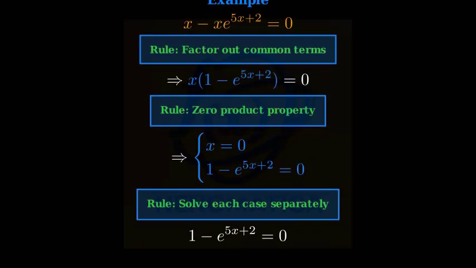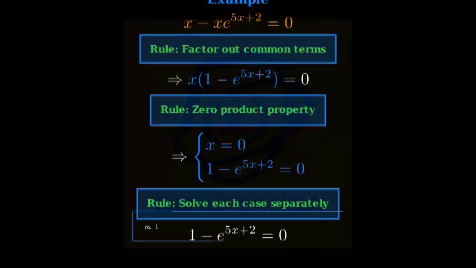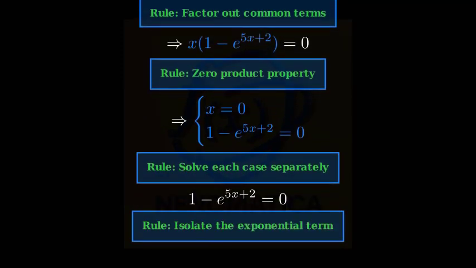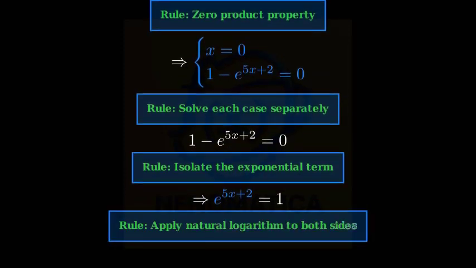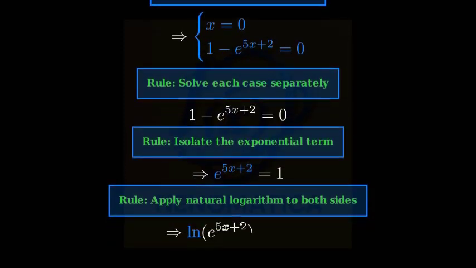Next, we need to isolate the exponential term. We'll add e to the power of 5x plus 2 to both sides of the equation. This gives us 1 equals e to the power of 5x plus 2. To eliminate the exponential, we take the natural logarithm of both sides. This gives us the natural logarithm of e to the power of 5x plus 2 equals the natural logarithm of